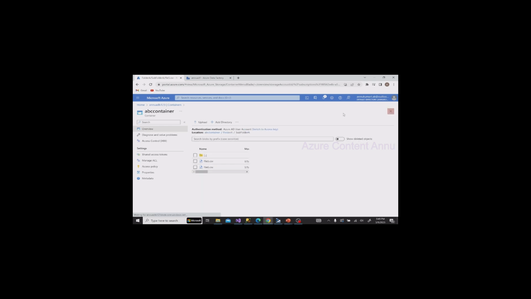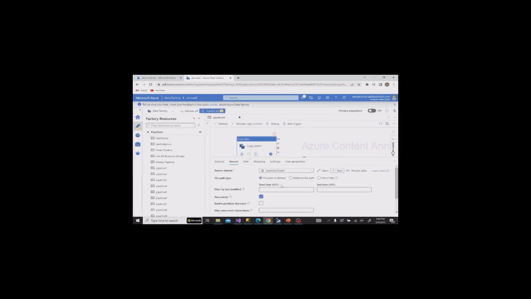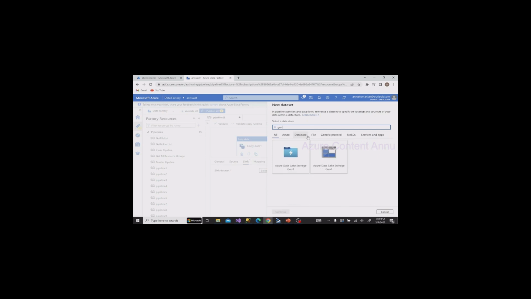Okay, so let me go back and here let me select first row as header, and I'm not going to import any schema. I'm just pointing to the container level. Okay, let me click on OK and let me go to sync and let me create another dataset pointing to ADLS Gen 2